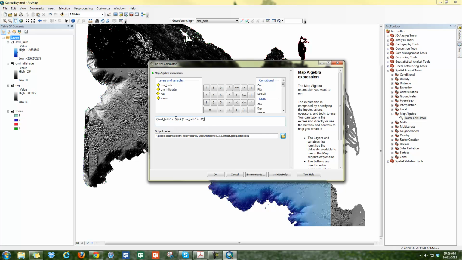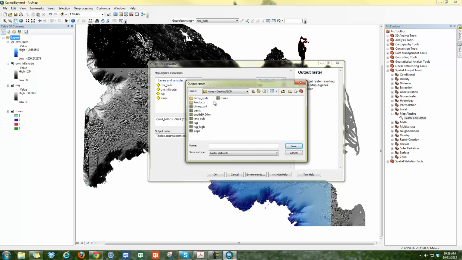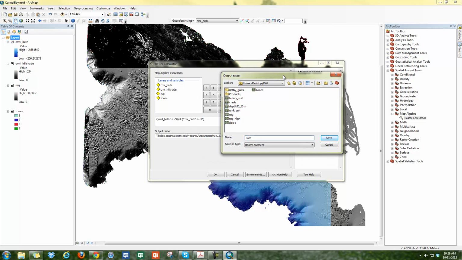So this whole statement will be true, and then therefore it will output as a boolean value of 1, that's going to be true. Then on my output raster, I want to make sure that I save it somewhere good, so I'm going to go to my SDM folder, and in here I'm going to call this depth 30_50M. Actually, I already have it saved here, so I'm going to call